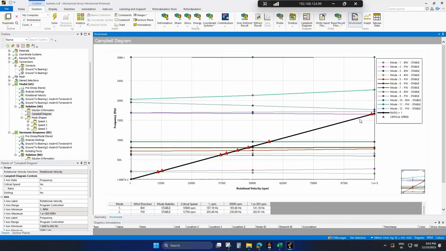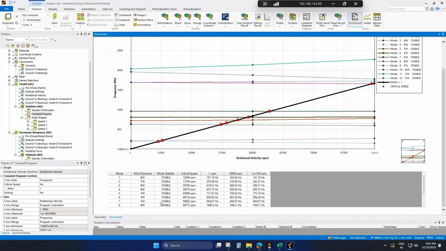This excitation ratio is set to 1, and this is what we typically follow for unbalanced response analysis. The location where the natural frequency matches the rotational frequency on the excitation line is a resonance condition, which is called the critical speed, and these are marked by the little red triangles.